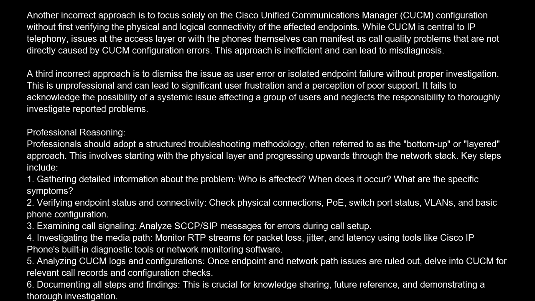Once endpoint and network path issues are ruled out, delve into CUCM for relevant call records and configuration checks. 6. Documenting all steps and findings. This is crucial for knowledge sharing, future reference, and demonstrating a thorough investigation. This systematic process ensures that the most likely causes are investigated first, leading to faster and more accurate resolutions while